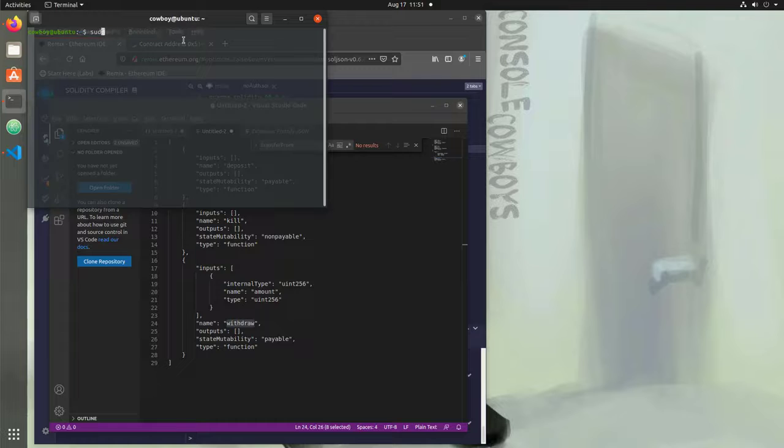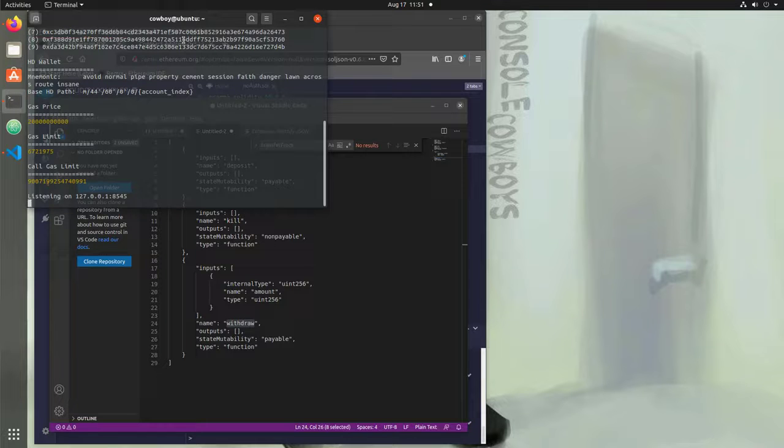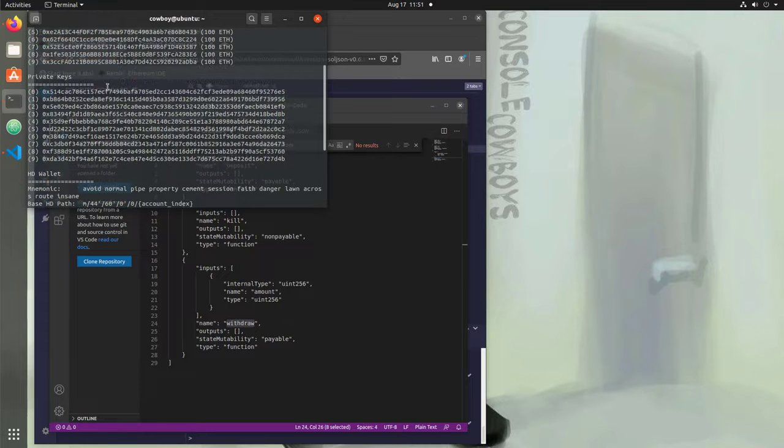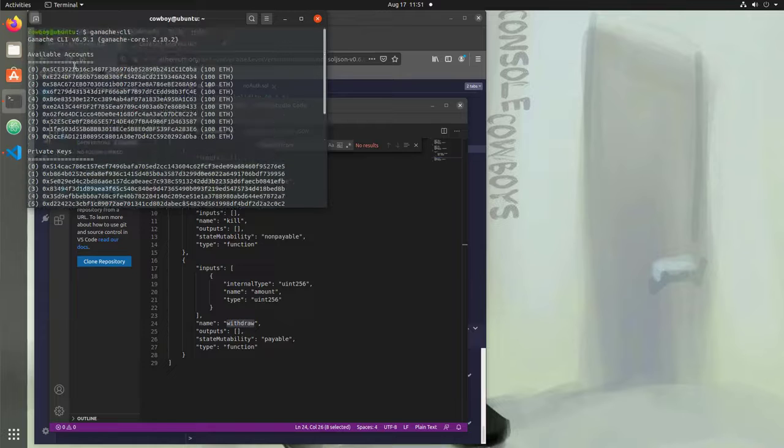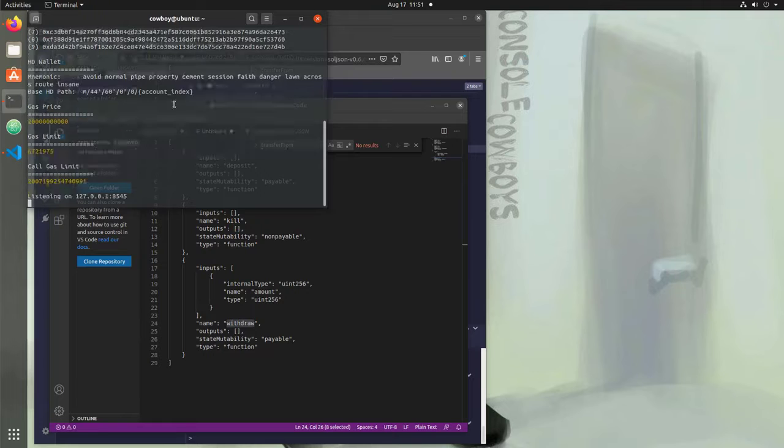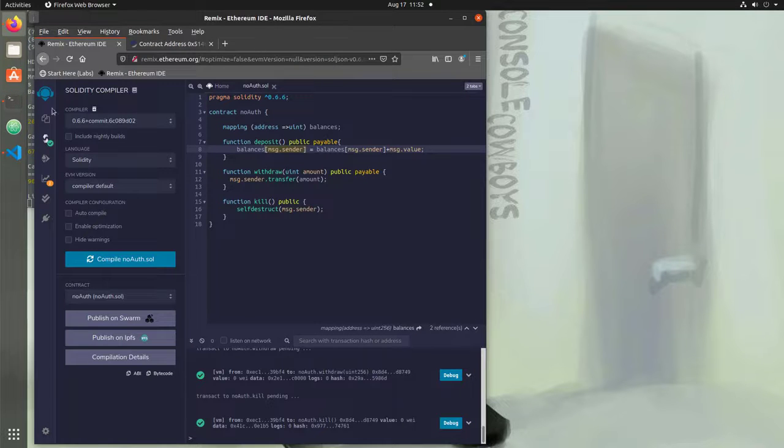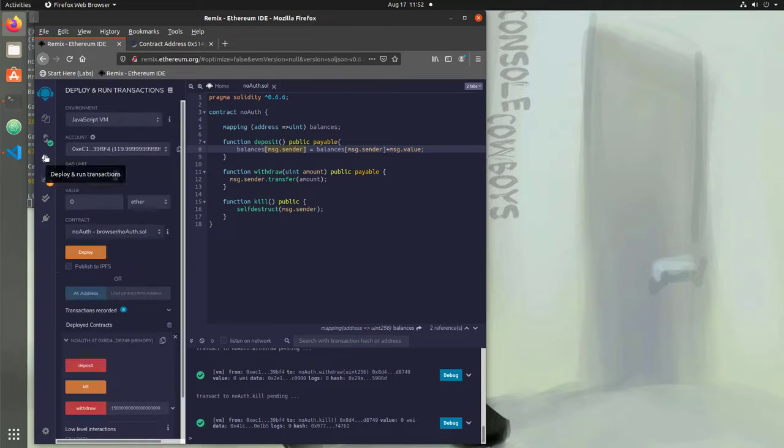So once that's installed, just type in ganache-cli, and you'll see a bunch of text scroll through. And what you have here is your private keys and your available accounts with 100 Ether in each one. So in order to connect this to Remix, we have our address right here, which is the localhost 127.0.0.1 with port 8545. So let's go back into Remix, and we can go to the deploy tab, and